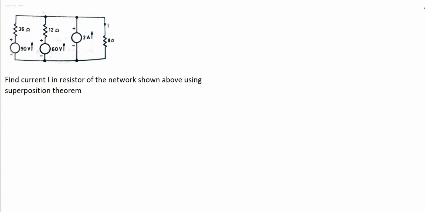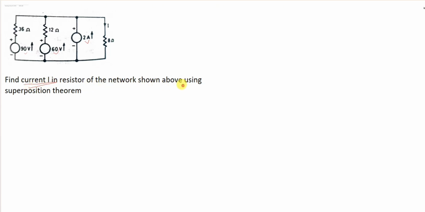In this video we have considered a different circuit. In the circuit, if you notice one thing, in the previous circuit we had only two voltage sources, but this circuit consists of three independent sources. Two are voltage and one is a current source. So let's see how to solve such questions, and our problem is to identify the current I in the resistor of the network shown above